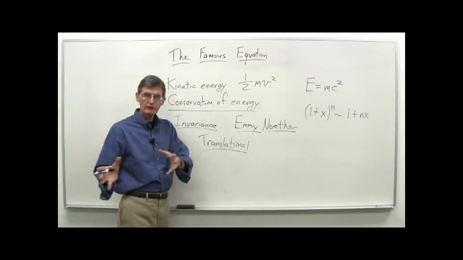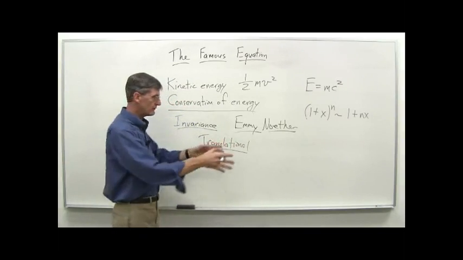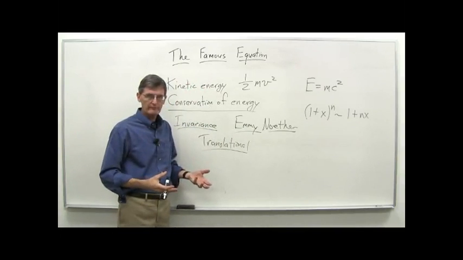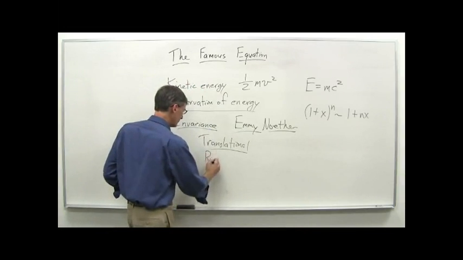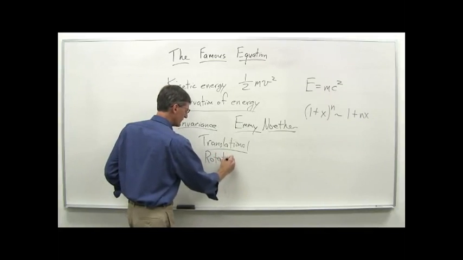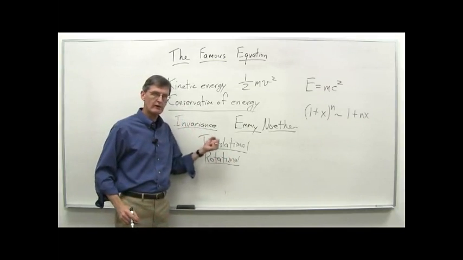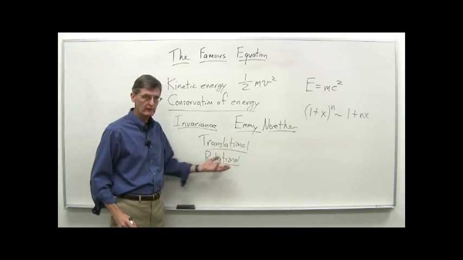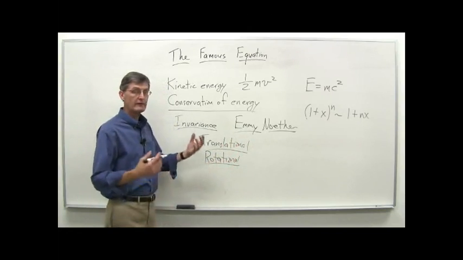Another idea is rotational invariance. As I turn from side to side here, or point in that direction versus that direction, maybe versus that direction, I should get the same results. So that I have rotational invariance of the laws of physics in some very general sense. And that leads to the concept of conservation of angular momentum. In other words, Noether showed that these were equivalent concepts. If you have rotational invariance, you get conservation of angular momentum. And then finally,